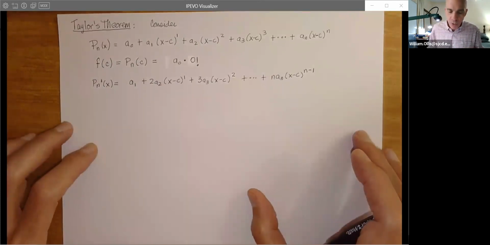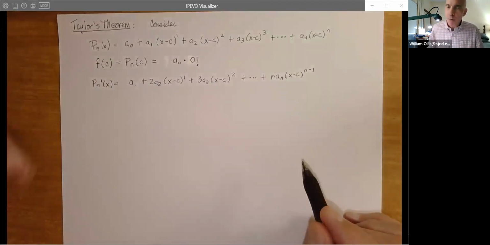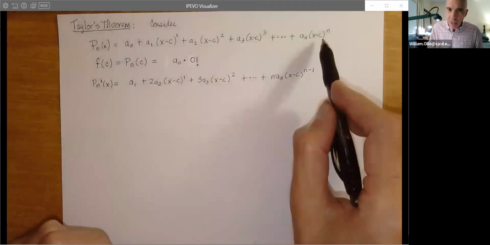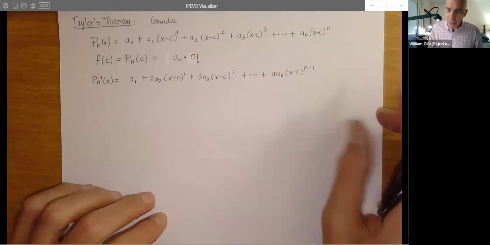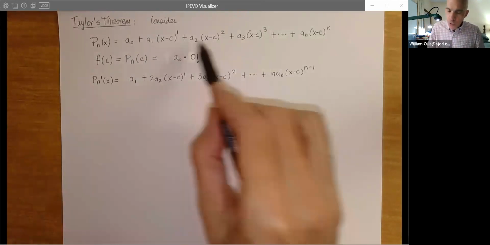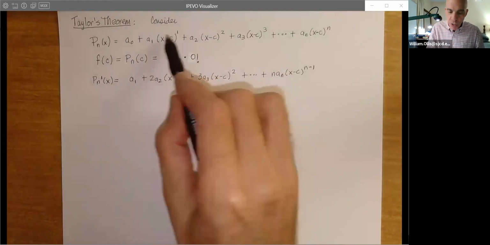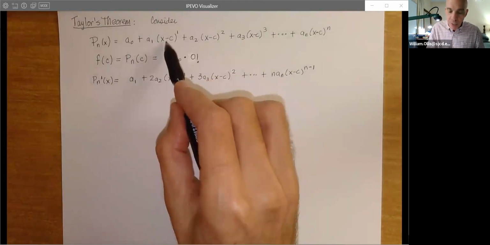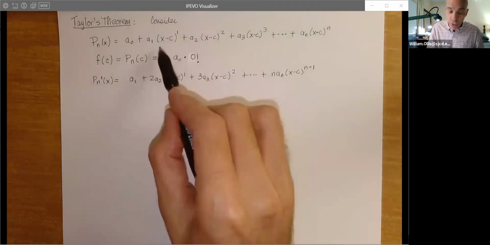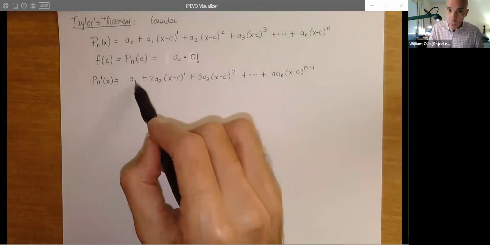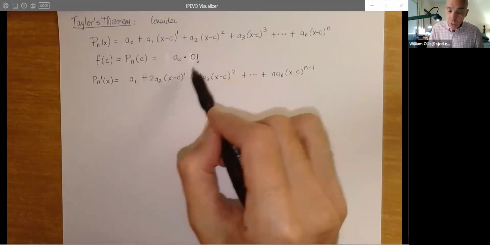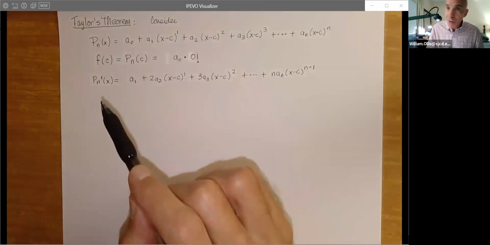Okay, now what I want to do, I want to make sure we have agreement for all the derivatives too. So first, again, taking the derivative of a polynomial, I know this is kind of dry, but it's going to help you understand this and maybe help you believe this theorem. We take the first derivative. So of course this is 0, so we just use the power rule here. Notice we just get 1 here and then the 0 power. So this just gives us a1 times 1, which we have here. And then this term will give us 2 times a2 times x minus c to the first power.